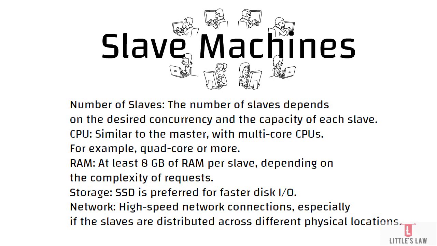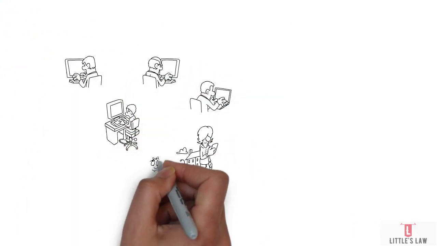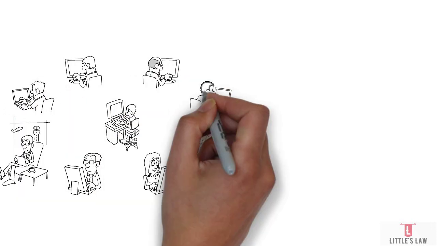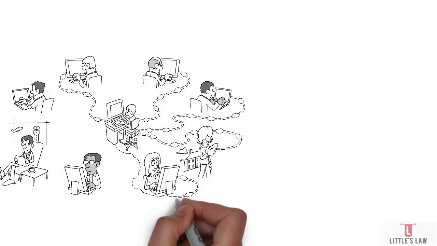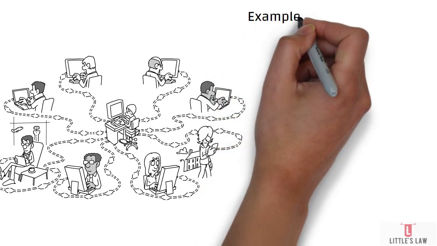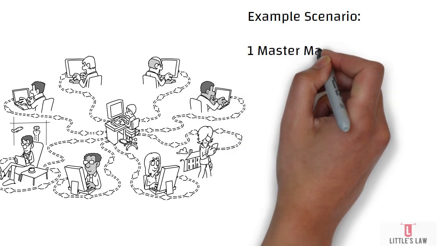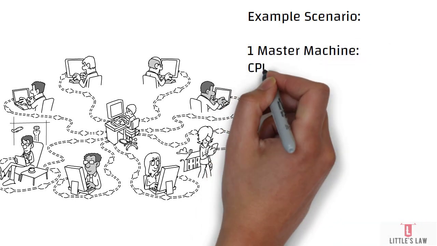So you're going to do it for a large scale e-commerce platform. So I'm going to explain a use case example for the slave machines. So for an e-commerce platform, you're testing with 1 million users. So the slave machines would need to handle a portion of this load. So a setup might include, yes, the same 100 slave machines, each with a quad-core CPU with 8 GB RAM, SSD storage, and a high-speed network connection. So each slave will efficiently simulate user behavior, add load to the system, and communicate results back to the master